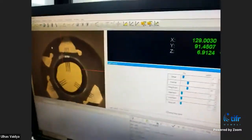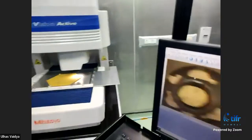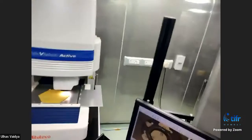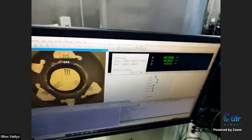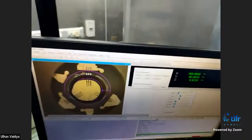Yes. And other uses of the CMM machine is we can do the geometrical studies also. Like say this is some circle or some circular feature you want to study. Then I can use the CMM machine to get all the required parameters for that circle. For example,